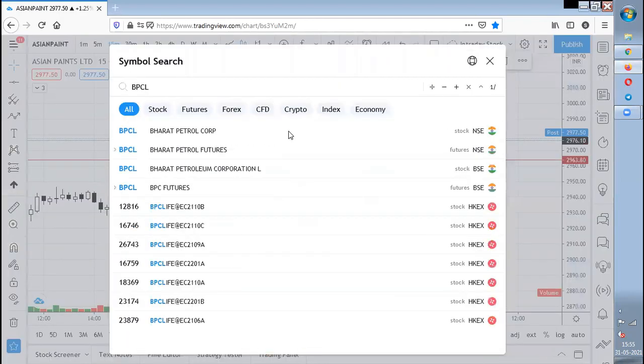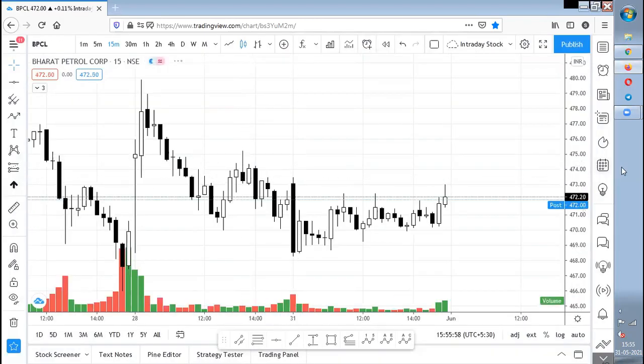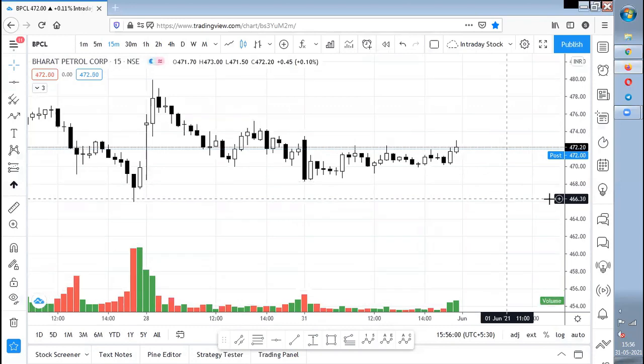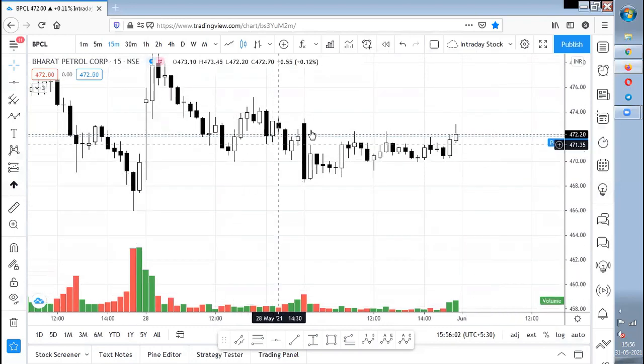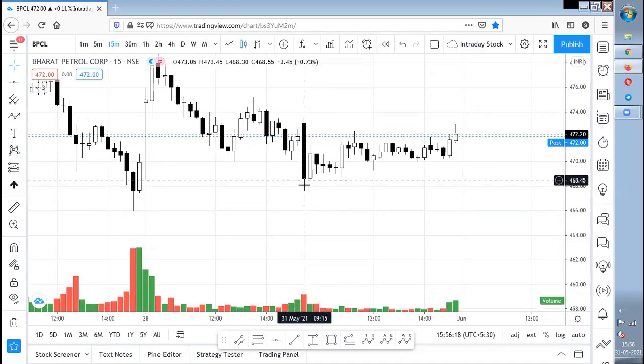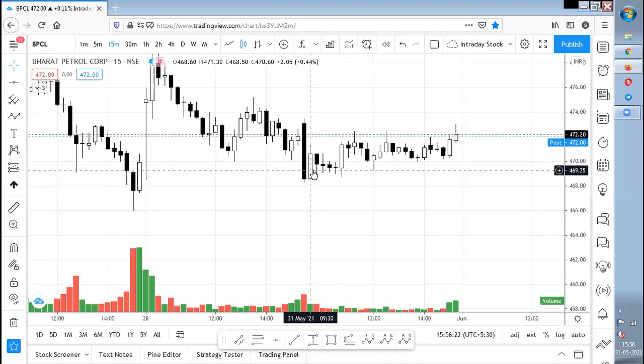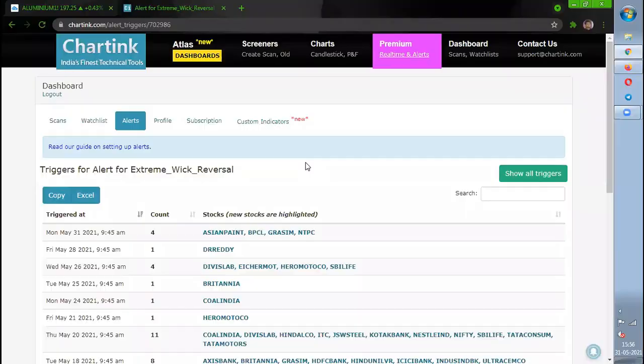And the next stock is BPCL. Okay, so this is the BPCL stock. Looking at the average of the previous candles, if I add another candle, it will be almost equal to this one. So the first criteria has failed. The second criteria, the wick, is not even okay like Asian Paints, so the second also failed. Only the third passed, the opposite color candle. So I'm not taking a trade in BPCL.